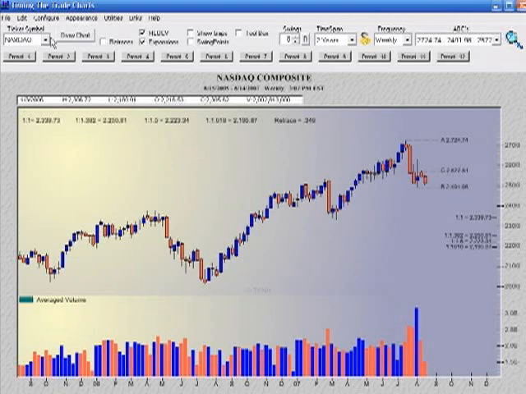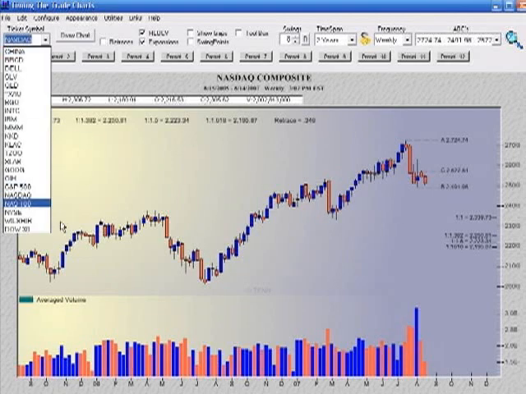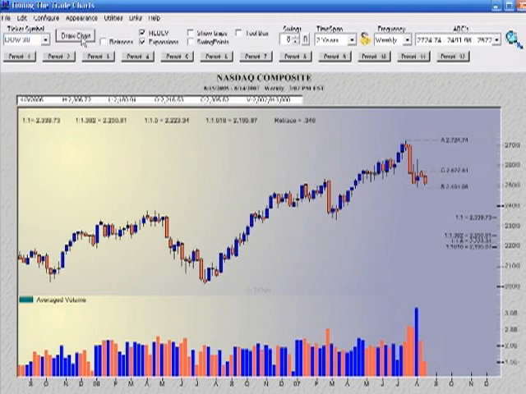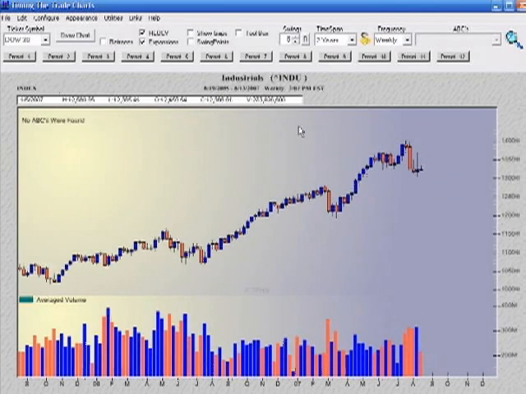We take a look at the Dow Industrials. Dow Industrials, a lot different setup, actually, in the Dow. The Dow has been the strongest indice in the marketplace. The Dow is doing an ABC down. You can see the volume coming off the top. You can see the volume that we had in February. Down volume is where it's at, meaning that there's been a huge amount of distribution in the marketplace on the way up.